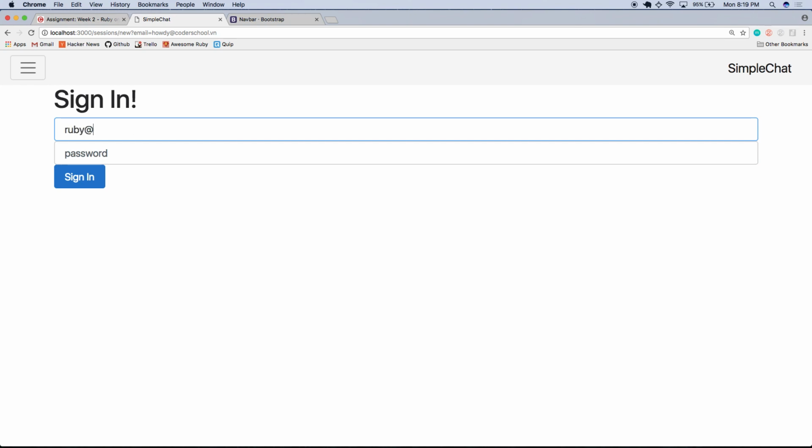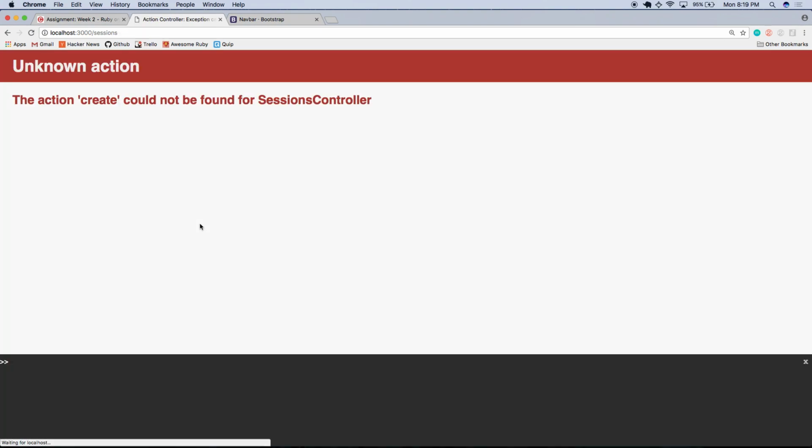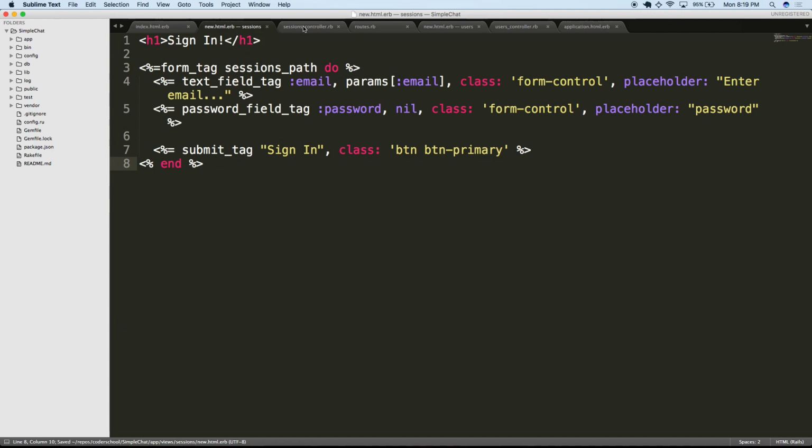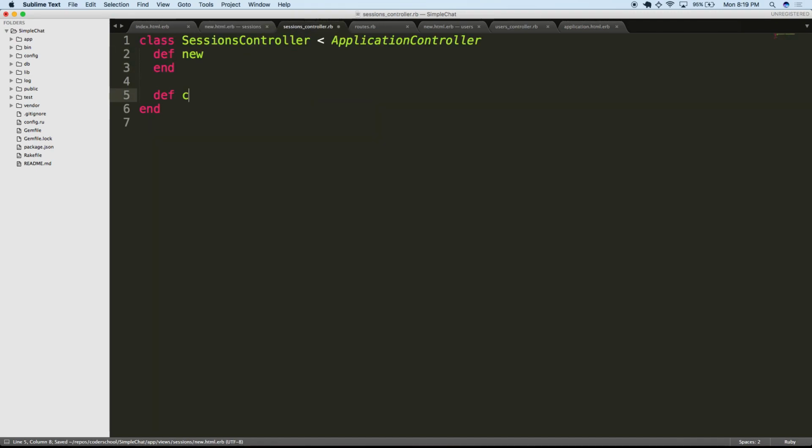The email I used, I believe, to log in was this. And we'll sign in. And it says, action create cannot be found, right? Great. So we know the login worked, but now we need to actually go ahead and do the next thing, which is define our create function. We're kind of doing this by finding the errors and fixing them as we go along until we have a working app, right? So we're going to want to create a session,